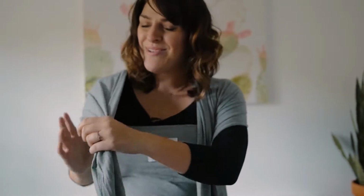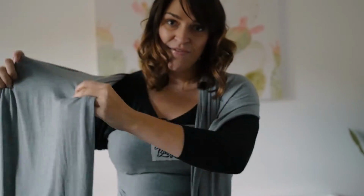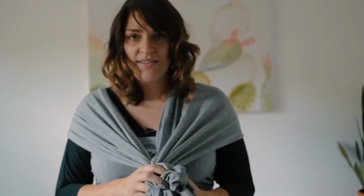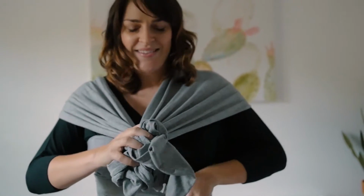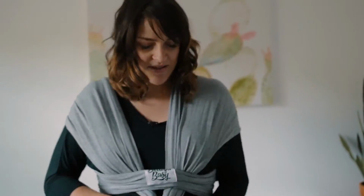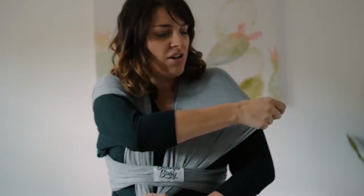Then you do the same on the other side. You grab both rails and you lift up and forward, and then that makes it nice and snug. Then you gather it all into your hand and you pass it under the center panel and just give it one last little fit check to make sure that you haven't lost any of that tightness